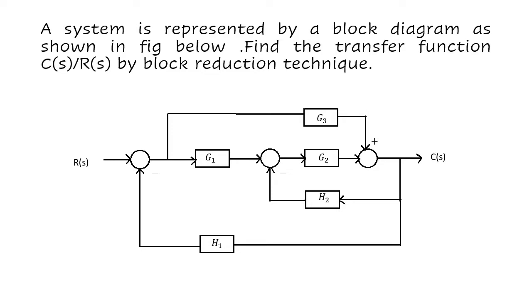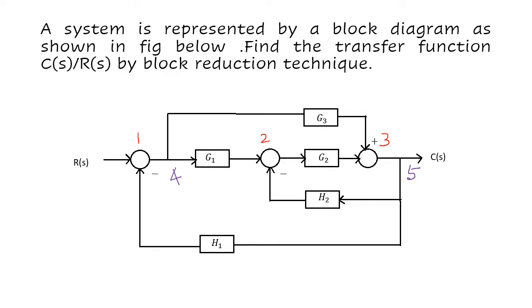So first, when we have a system in the form of a block diagram, we need to identify the summing points and takeoff points so that we can shift them in a suitable manner and reduce the diagram to its simplest form, and then we obtain the transfer function. So the first work is to identify the summing points and takeoff points. You can observe there are 3 summing points and 2 takeoff points here. I number the summing points as 1, 2 and 3, and continuing the numbering, the takeoff points are 4 and 5.